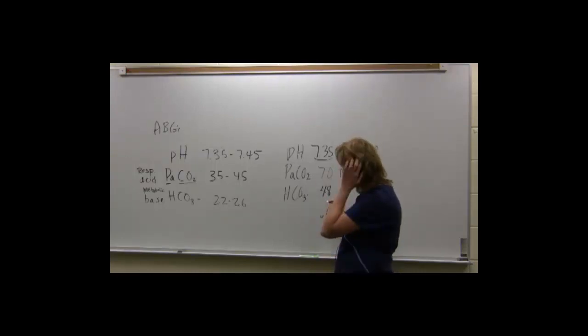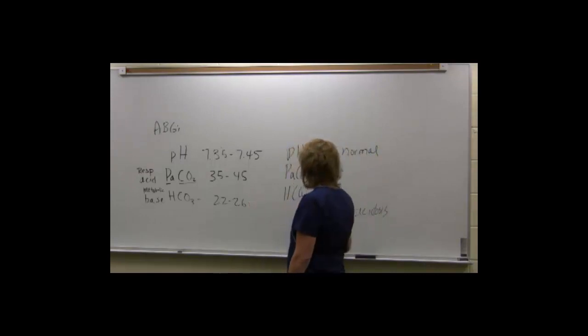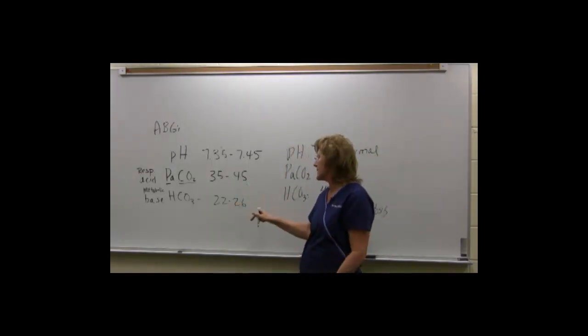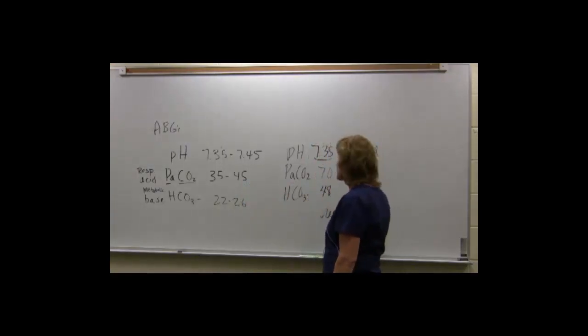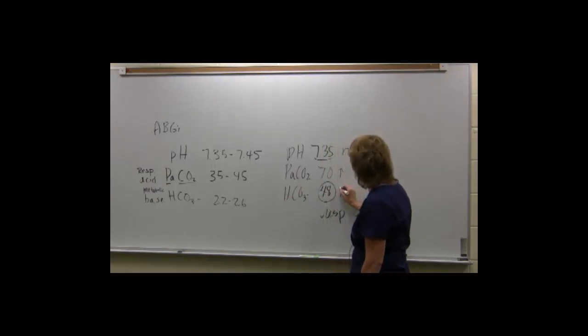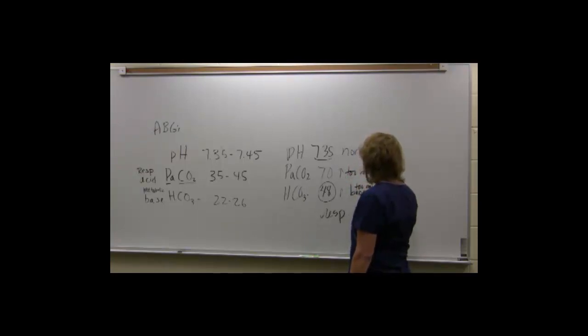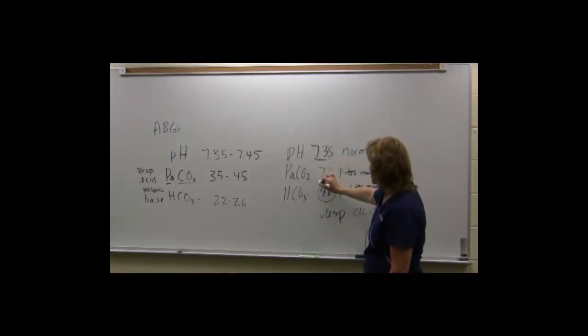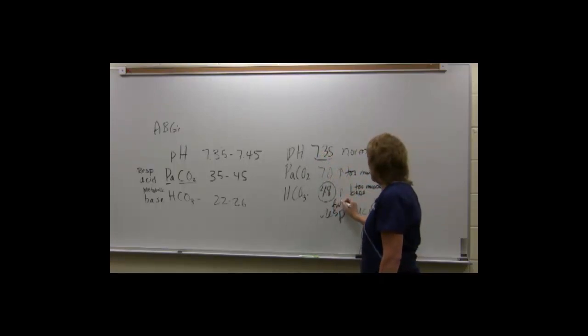Then I look at my bicarb. Does this match my pH? 48 is greater than 26, so I have additional base. It does not match my pH. It's going the opposite way. So you can see it's also an elevated value, but this is my base. So I have too much acid and I have too much base, and together they're working. This is working to correct the cause of my pH, and it's giving me fully compensated